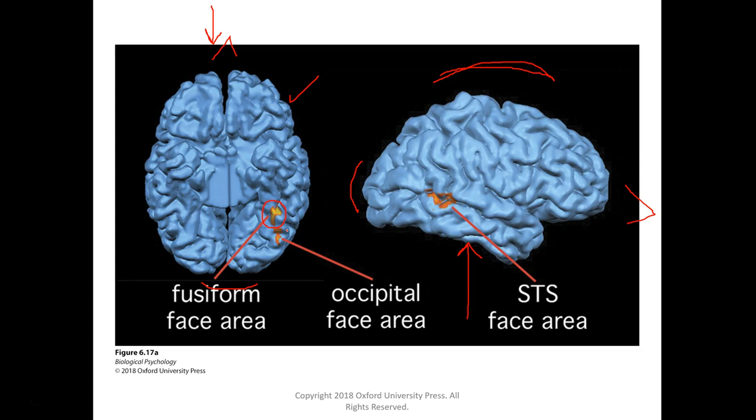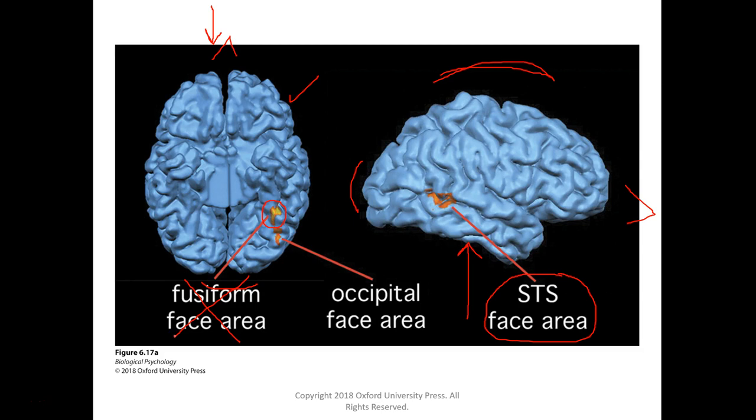So our ability to recognize faces is the result of multiple different brain areas: the fusiform face area, the occipital face area, as well as the STS face area. These three structures collectively contribute to our ability to recognize faces. So when you end up with damage to any one of them, but more specifically if you have damage to the fusiform face area,